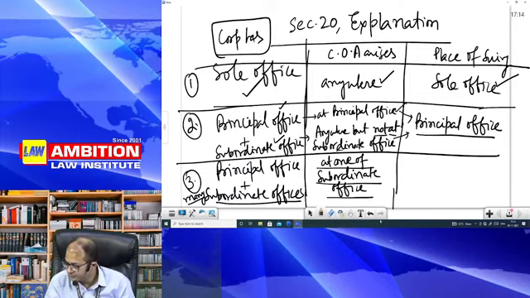Then the place of business will be, so you write down, in case of a corporation having its principal office as well as subordinate offices, then in such a case,